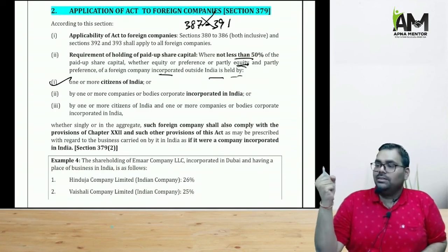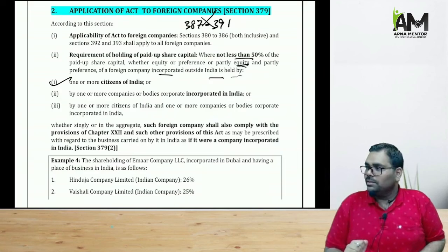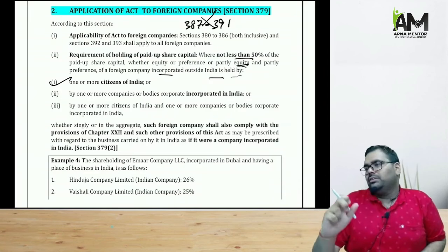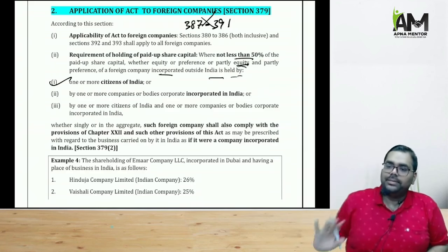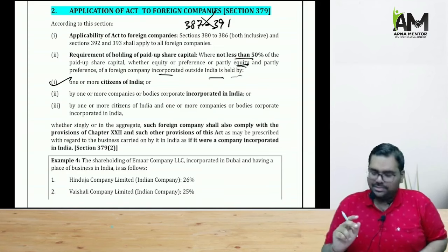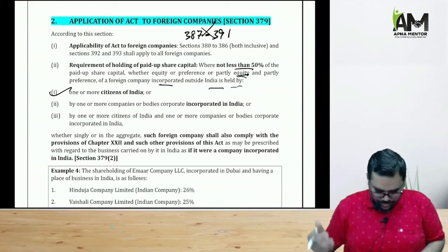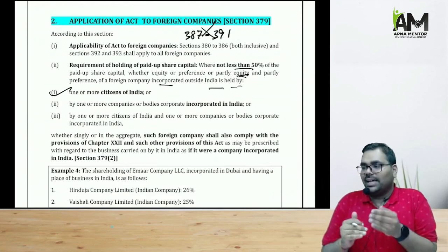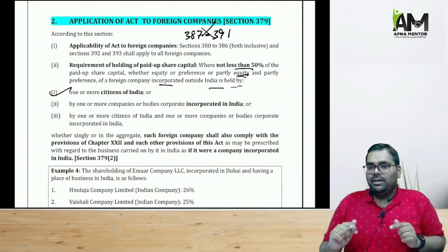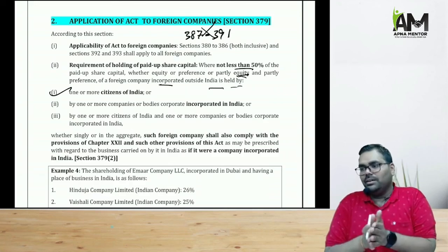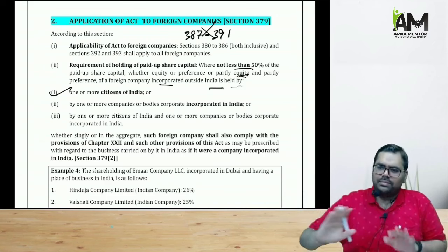Sanidhya Saraf is holding 50% of the paid up share capital in some foreign company. Or Sanidhya Saraf is holding 26% of the paid up share capital of some foreign company, and Shah Rukh Khan is holding 25% of the paid up share capital in that particular company. Or it may happen that Sanidhya Saraf is holding 13% equity and 12% preference of that foreign company, and Shah Rukh Khan is holding 20% preference and 10% equity of that foreign company. Anyway,